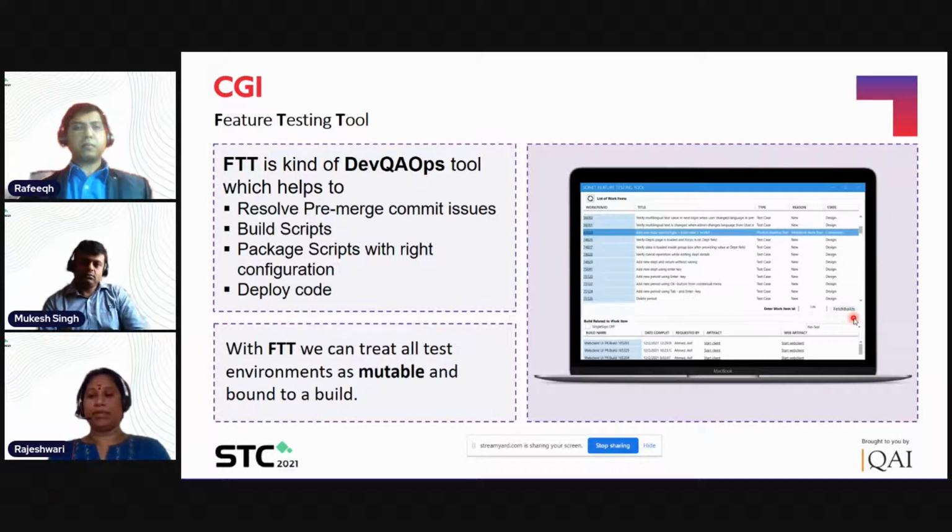It will take all the builds together and connect to the respective database and the respective application server. We also have a GraphQL integration in between. It also maps the GraphQL to the correct service and servers, so the application will be open for us immediately so that we can validate the change request or the bug. In this way it helps to reduce the deployment time, and it also gives the power of deployment to the QA. So with FTT, as I told, we can treat all the test environments as mutable.